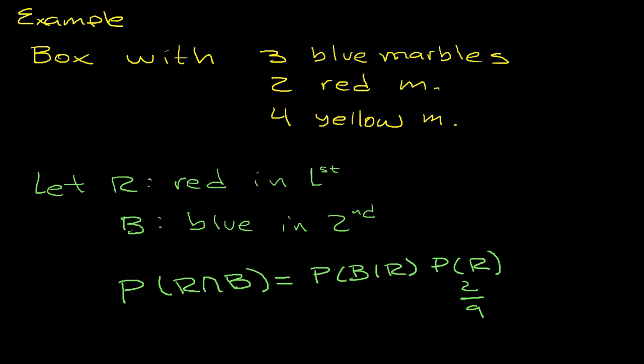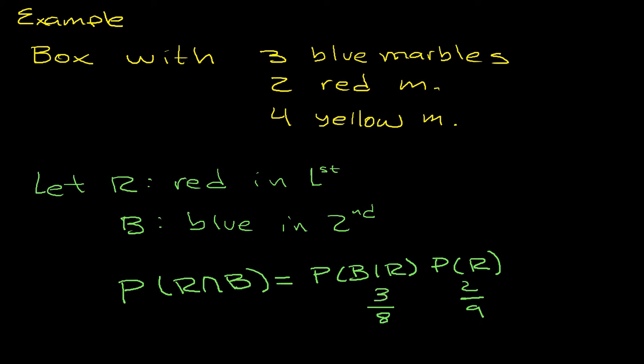To compute that probability we just need to realize that we have taken one of the 9 marbles. So now this probability is going to be divided by 8 because we are missing the marble that we took in the first step. R is the first step. So from the 8 marbles that are left, we want the probability of a blue. Since there are 3 blues,